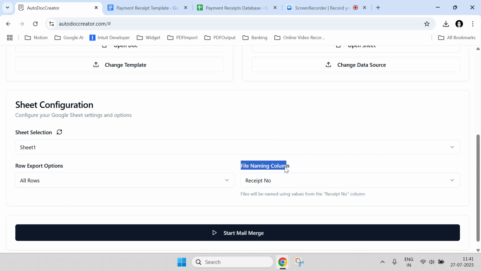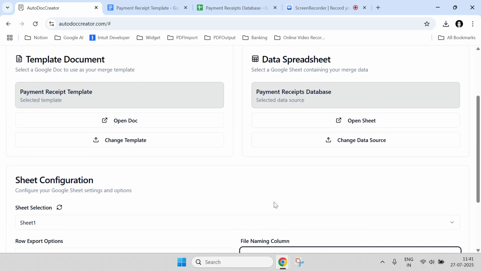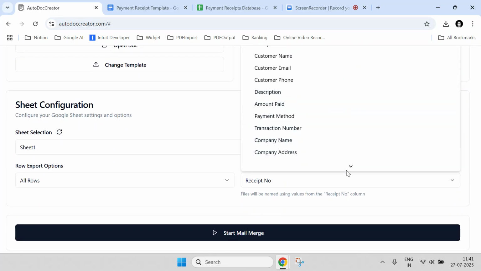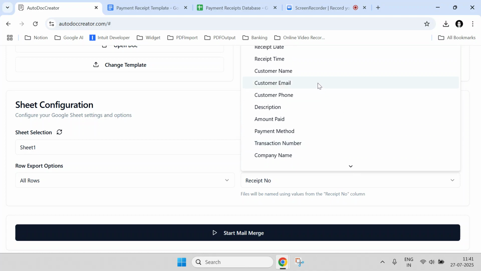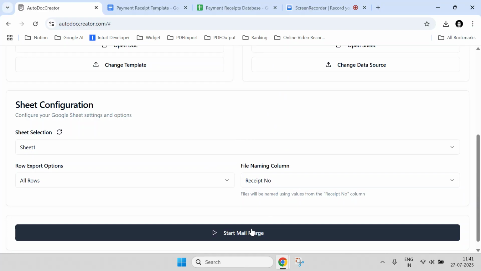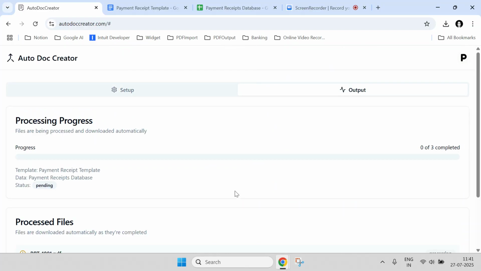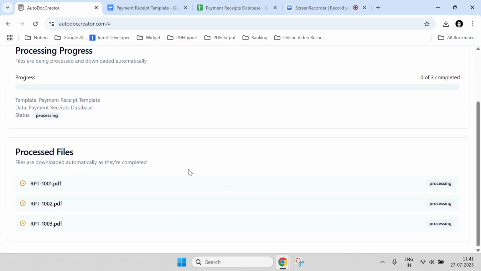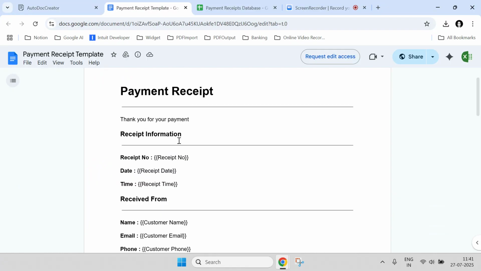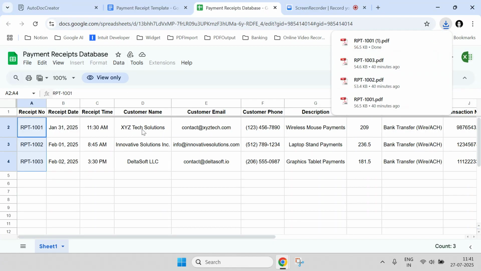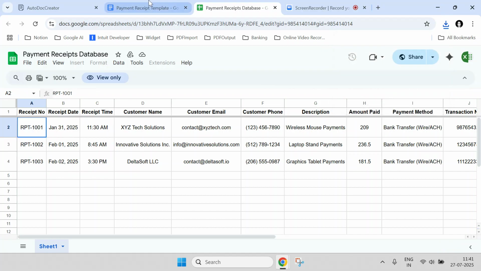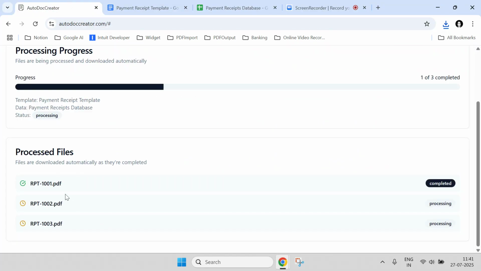And then you can define the column which will be used to name the PDF file. So I'm going to select receipt number. You have all the columns available, and I'm going to select the receipt number, which is already selected. Okay, and then click on start mail merge. As you do this, it automatically starts processing the files, and it will replace all these values that you see inside double curly brackets from the data that it fetches from this Google Sheet. Okay, so let's wait. One by one it will start processing all the files,